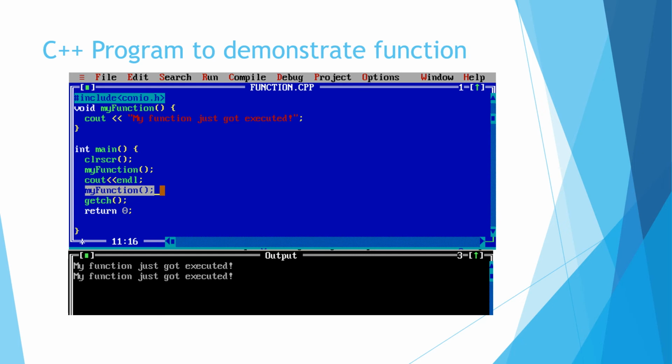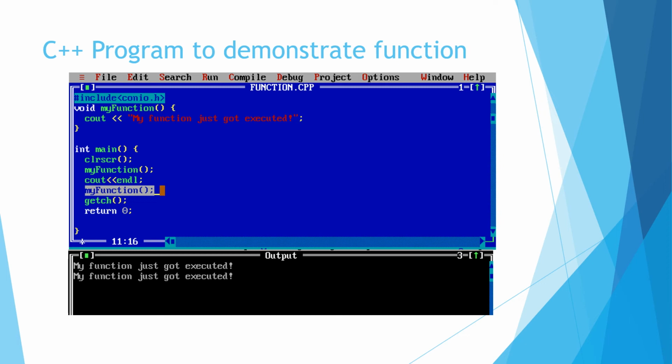And within that I have just simply written a print statement where it is going to print my function just got executed. Now within the main function I have called my function, and after calling that I have given just endl, where endl is used to print a new line. And again I have called my function over here.